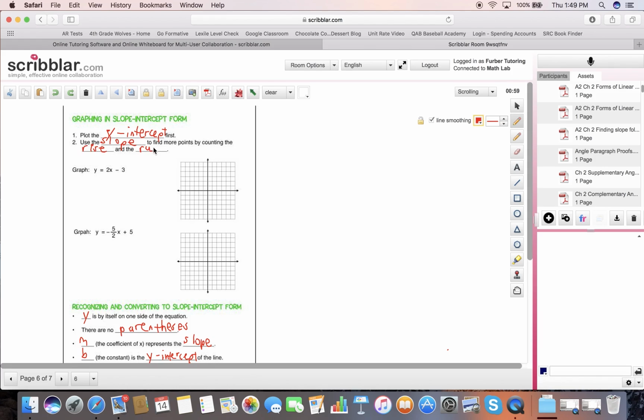and the run. So look at the first example, y equals 2x minus 3. If you remember the equation, you remember that the b is the y-intercept. The y-intercept is -3. It's a minus 3. So I'm going to go on the y-axis and I'm going to go down to -3. And I'm going to put a point because the line's going to cross through that point